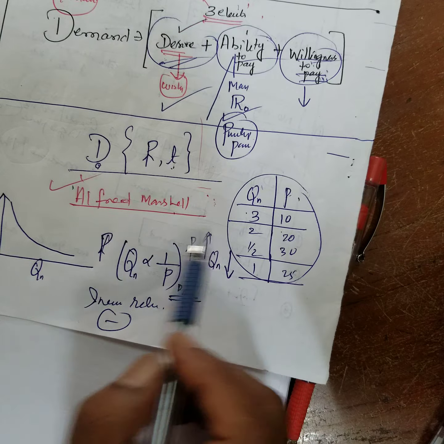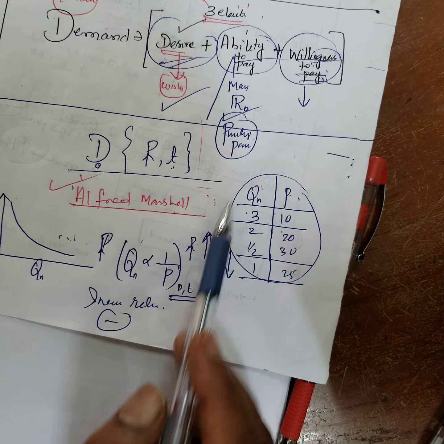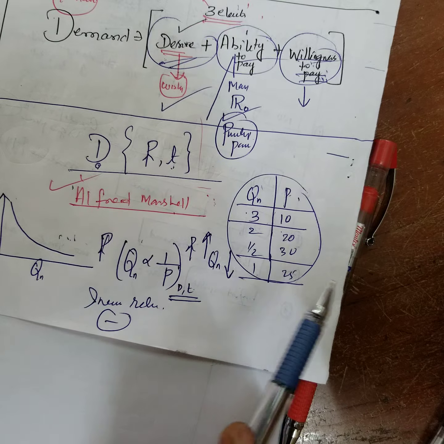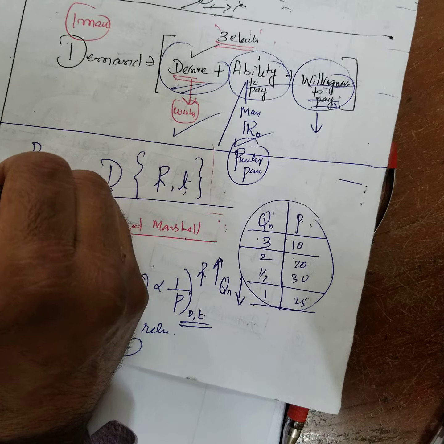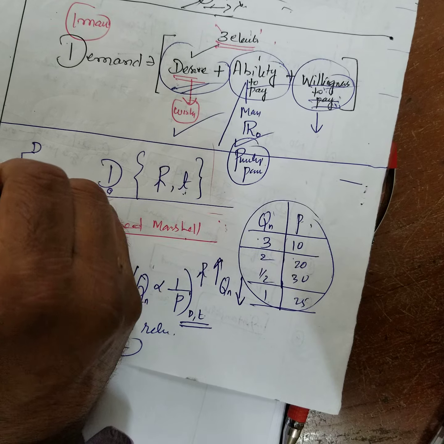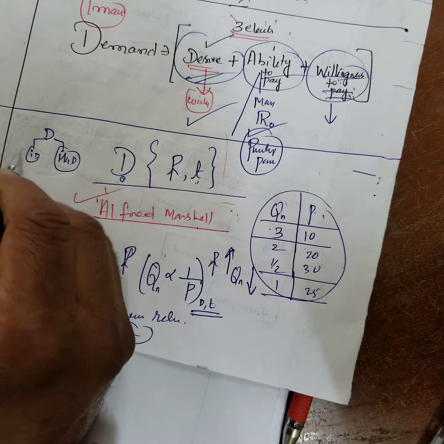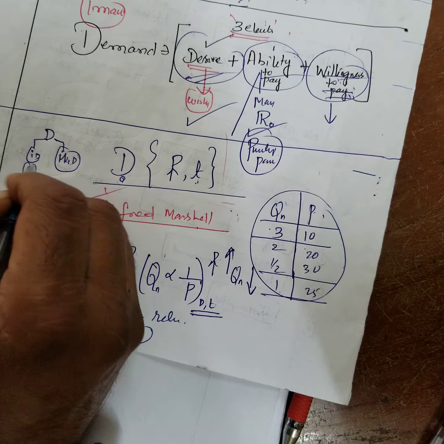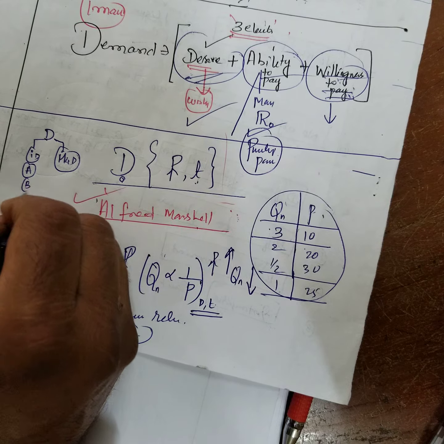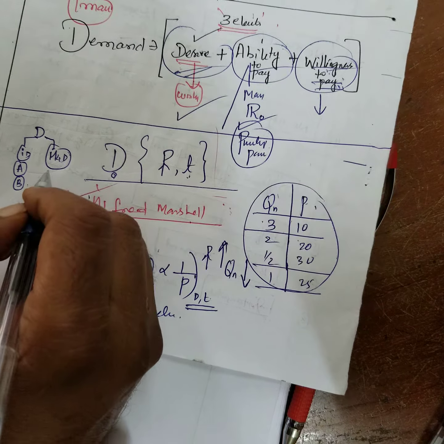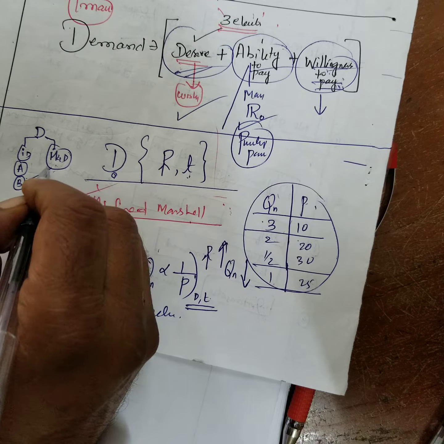Right? Now, this is the demand for the individual schedule. Schedule means tabular column. Can you follow? Individual schedule. There are two types of demand. What are the two types of demand? One is individual demand. Another is what? Market demand. What is individual demand? A person buys A and another person buys B quantities. And what is aggregate demand? You add all these things, called the aggregate or total demand, which is called market demand.